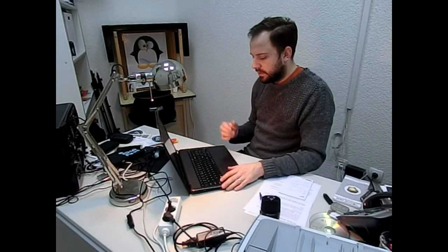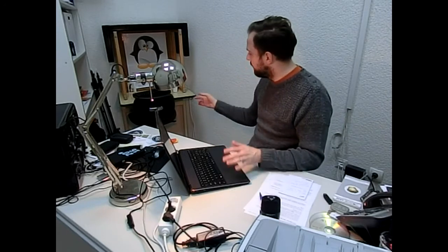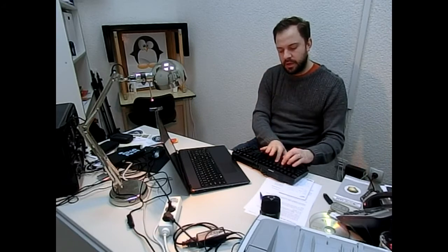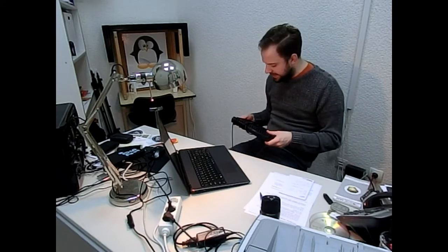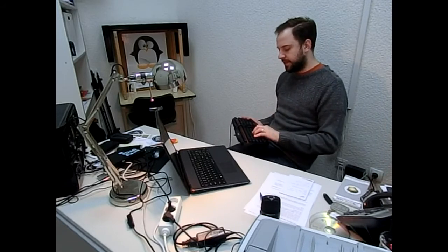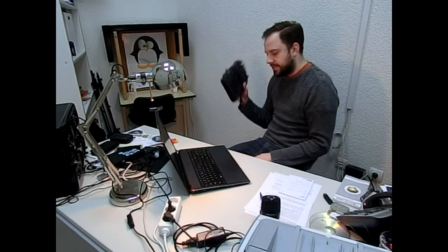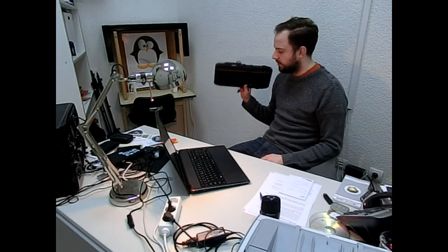I've been using a lot of keyboards on various laptops, and in the end I decided I would go and buy myself a mechanical keyboard. Because I do a lot of writing extensively and translating and stuff, so I got used to the feeling of the mechanical keyboard, and I really like that clicking sound, and I like the force, or the back force, or whatever you call it, that it pushes back with, and the response time and everything. But since I'm using this laptop and this keyboard, I stopped using the mechanical keyboard because it takes a lot of space for me, and it's not always practical to carry another keyboard around with you,